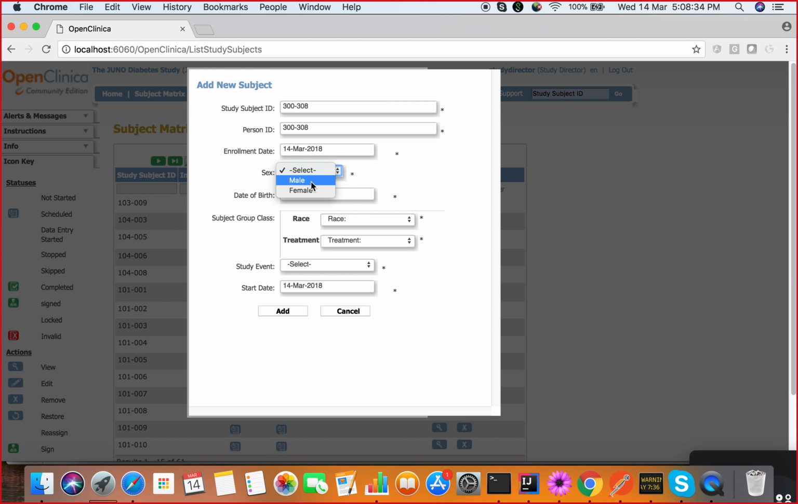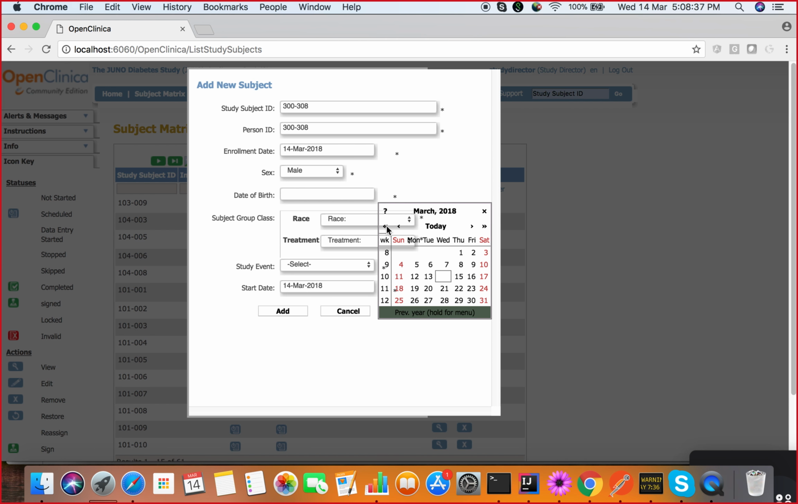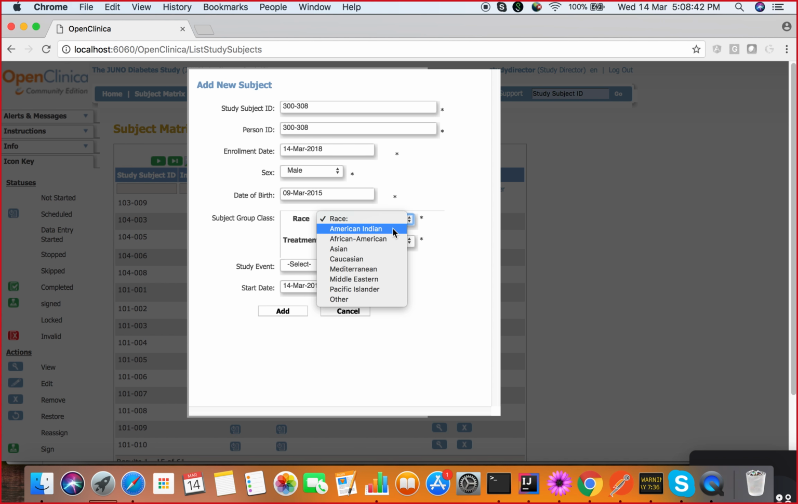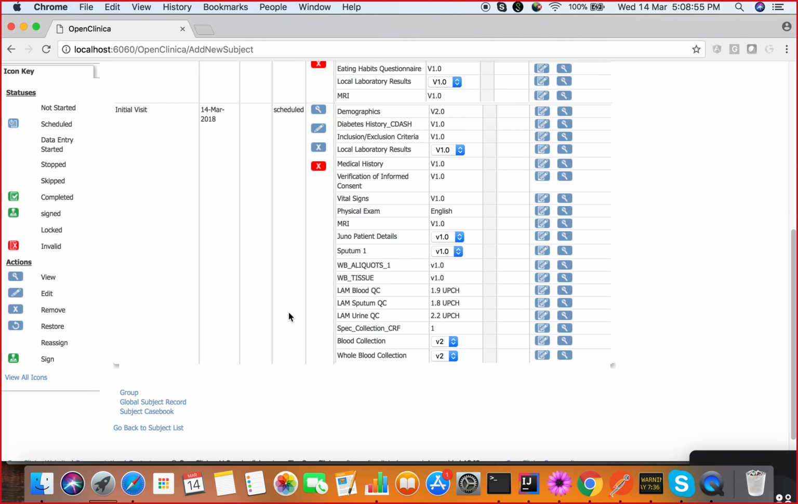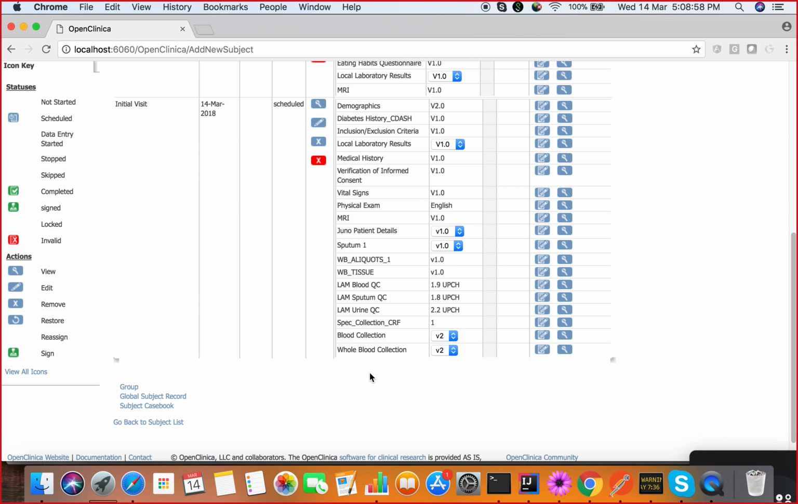I will fill all the required details, some random values that I choose here, which are not important for my demo. So I will create this new subject. Once I create the new subject, here I have some forms. As I said, I have two CRFs here, blood collection and whole blood collection. They are mapped to the same form in OpenSpecimen, but now I will fill this CRF, blood collection. So let me open this,